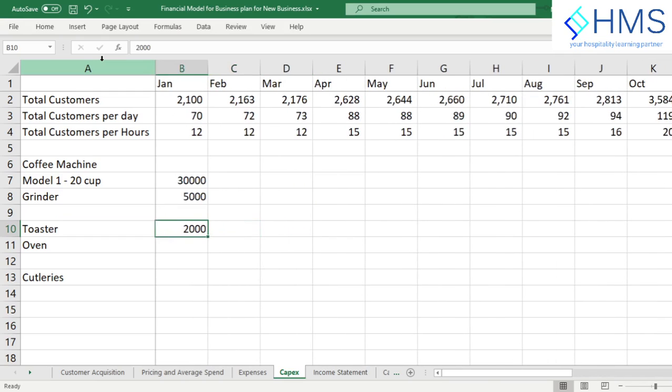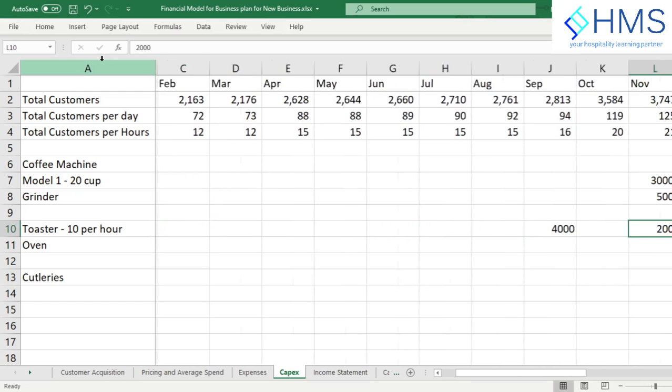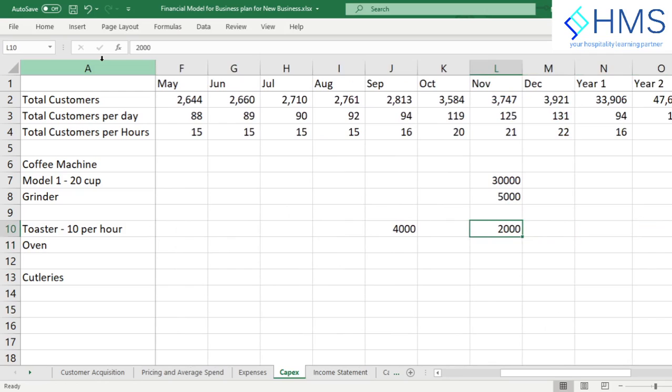Or maybe you say the toaster is only 10 per hour maximum, right? So that means you need two at the moment. So $2,000 into two, and you need another here, right? So that you can serve another